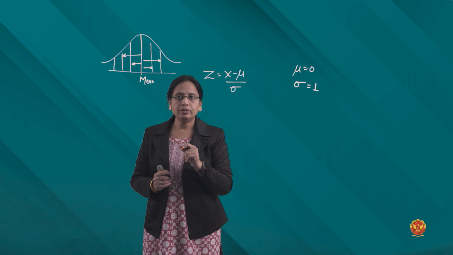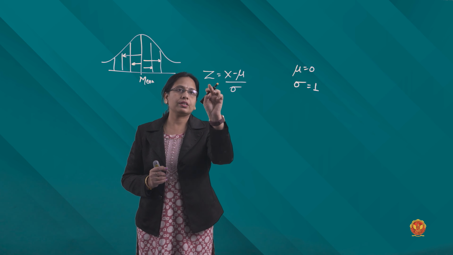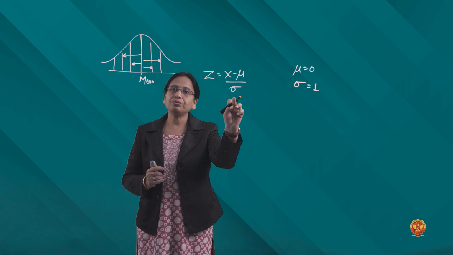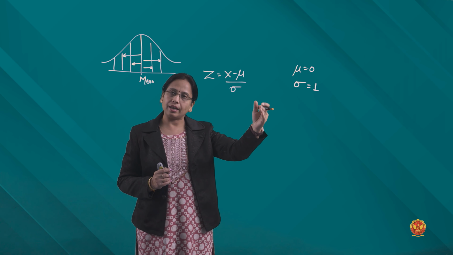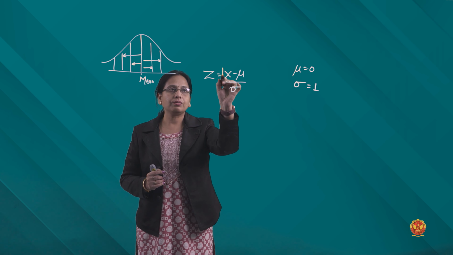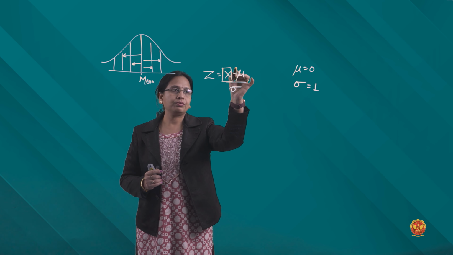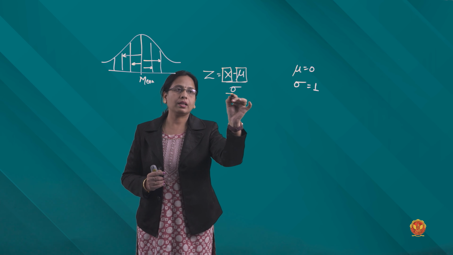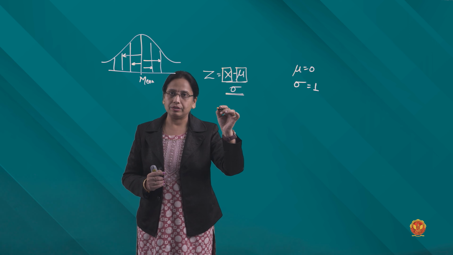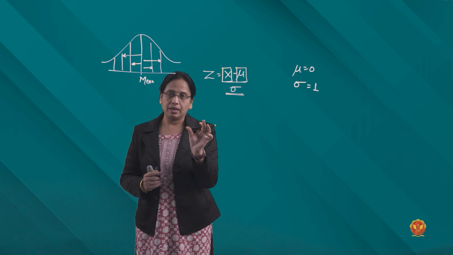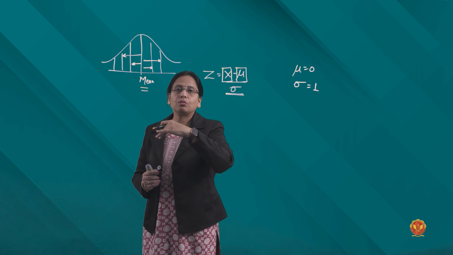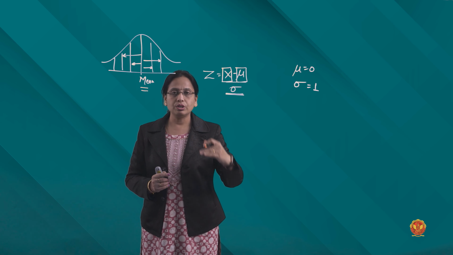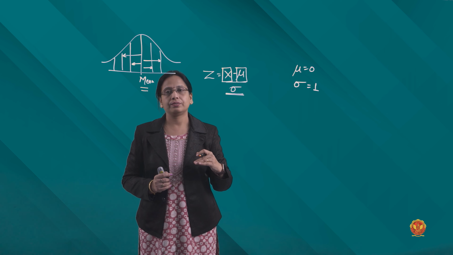So what is a z-score? A z-score is measured in units of standard deviation. How many standard deviations ahead, how many standard deviations behind. So we convert the difference of the value of x from the mean in terms of standard deviation. The difference, how far x is from this central value, the mean, the units of that difference are the standard deviation.